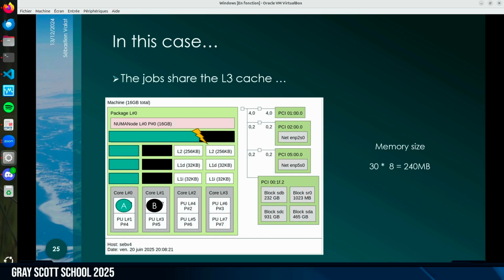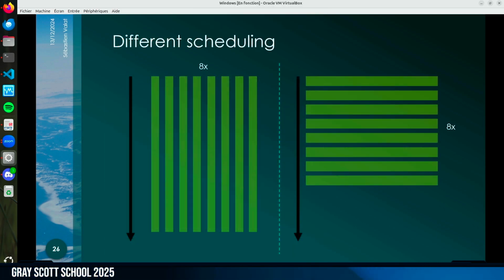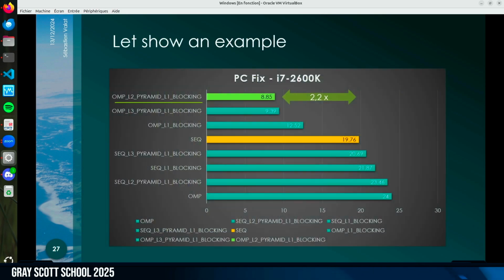Because if I'm doing that, of course, the processes running on the same machine will fight with the L3 cache to put their data in. So just to show an example, this is exactly what I'm saying. Either I run 8 processes in sequential or 8 processes in parallel. Which one is the faster? I can make the experiment on my laptop, and this is what I used. Sorry, I should have done it on 64 cores, but I will need to get my network connection.